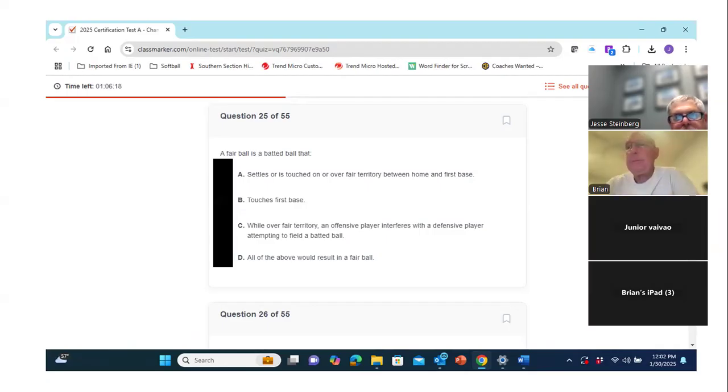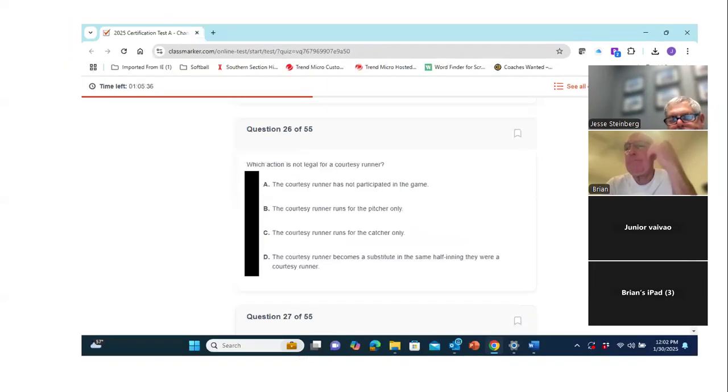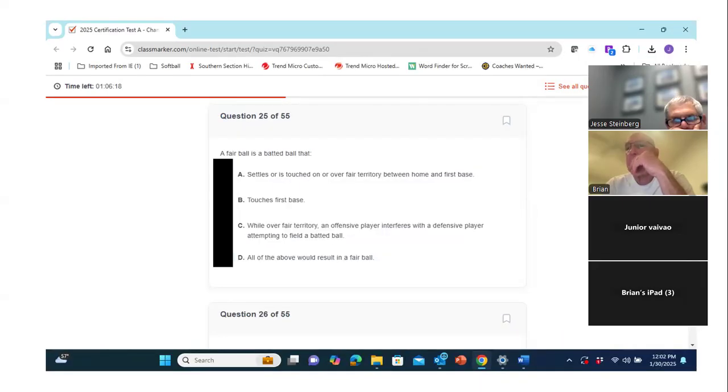So it's settled or touched over fair territory between home and first, it touches first base, or an offensive player interferes with a defensive player attempting to field a batted ball while the ball's over fair territory. All of the above. Okay, that was that one.